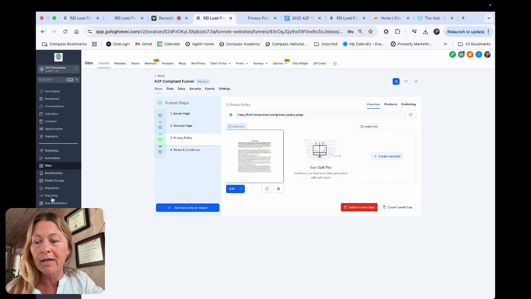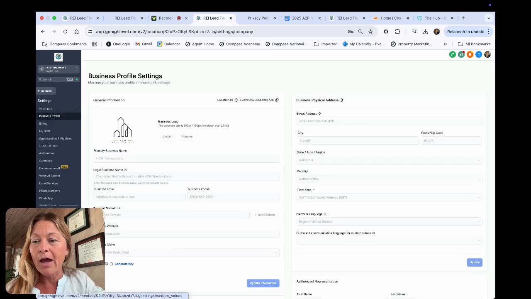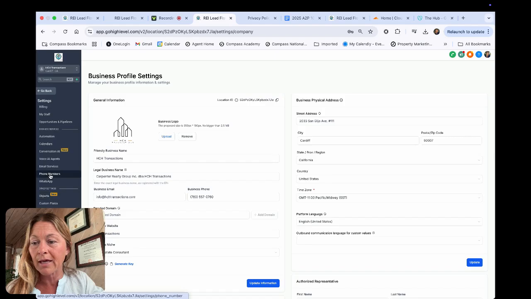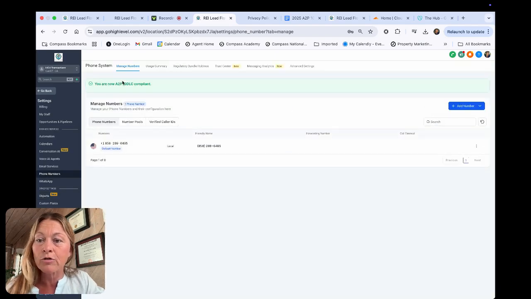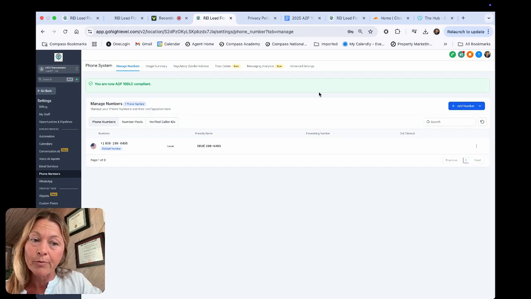You're going to want to go ahead and go back over to settings, and we're going to take you into phone numbers, and we're going to go and get yourself registered so that you get that green light A2P 10DLC compliant banner on the top. If you have not purchased a phone number, you're not going to see that. You're going to see probably just a white screen. You're going to want to add that number, and then